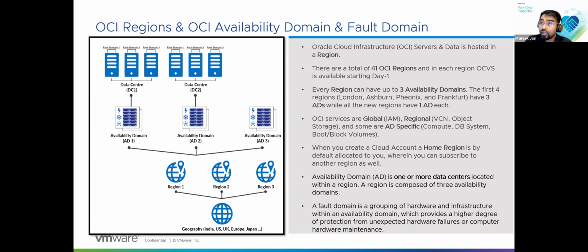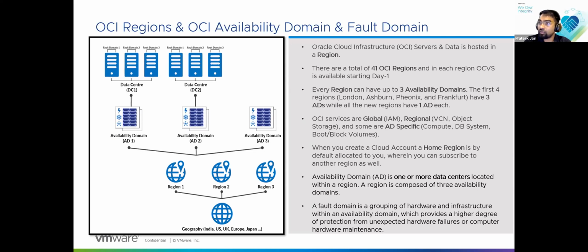Now, there are some regions with 3 availability domains. The newer regions which are coming up are coming up with 1 availability domain. But what Oracle has done differently is that in each of these availability domains, while you have a single AD, they have multiple fault domains. A fault domain gives you a grouping of hardware and infrastructure within an availability domain